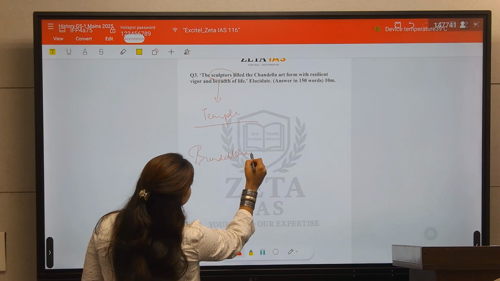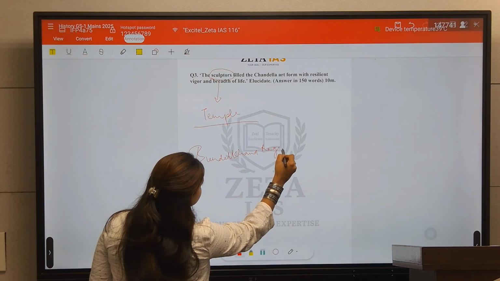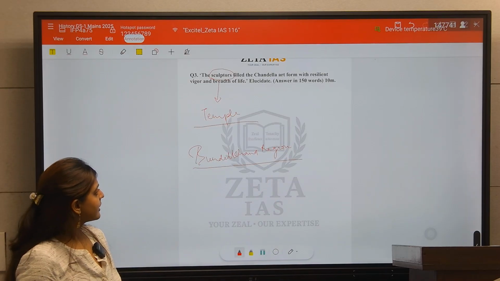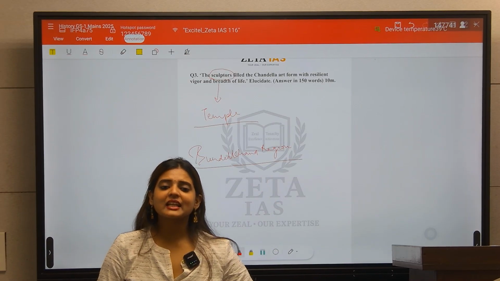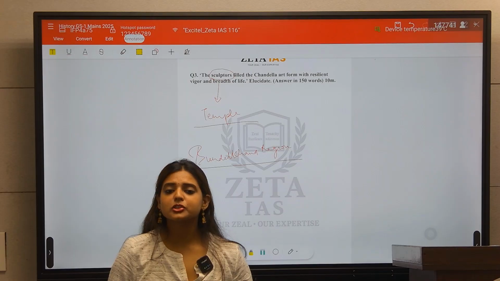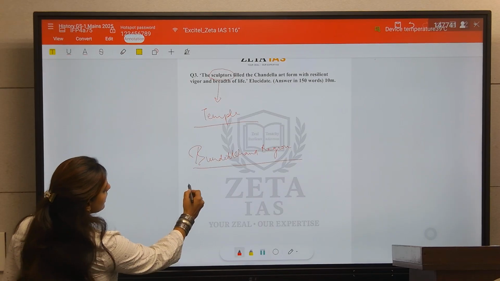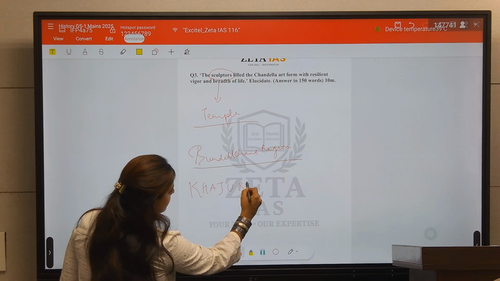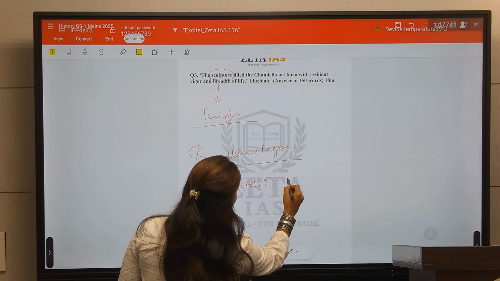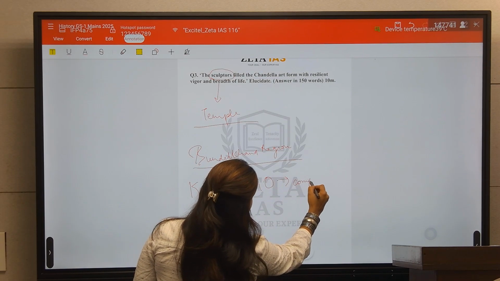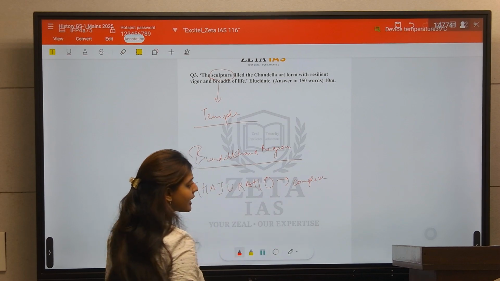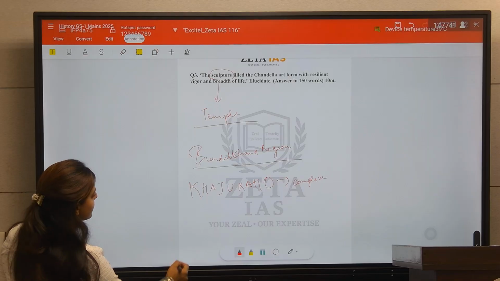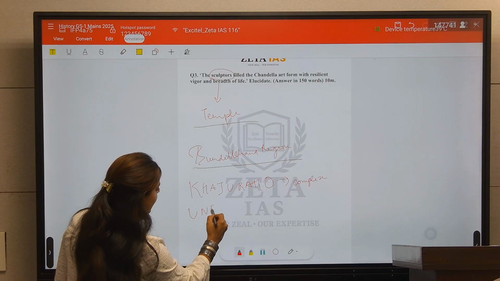Bundelkhand region. And their most celebrated contribution is the Khajuraho temples, the Khajuraho complex. You will write about that Khajuraho complex, which is also recognized by UNESCO World Heritage. It is recognized by UNESCO World Heritage, and